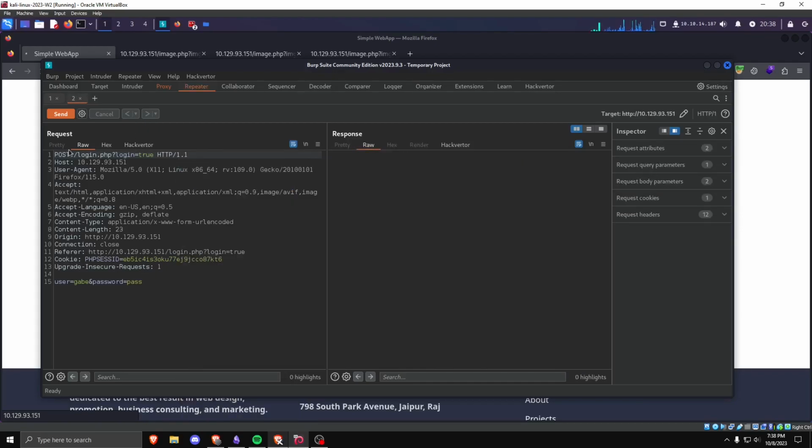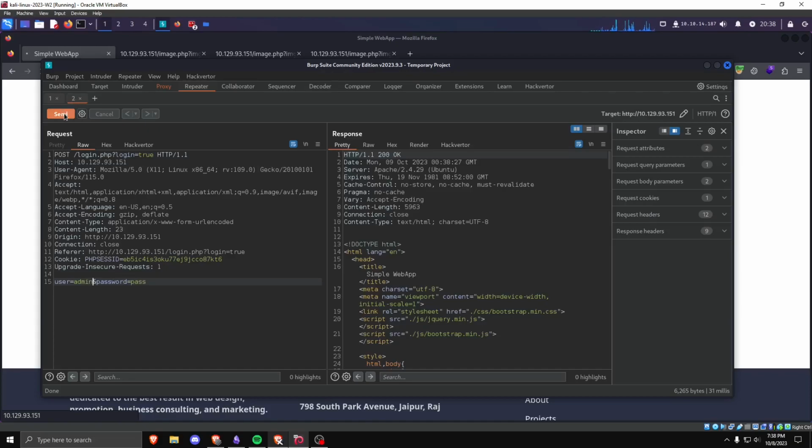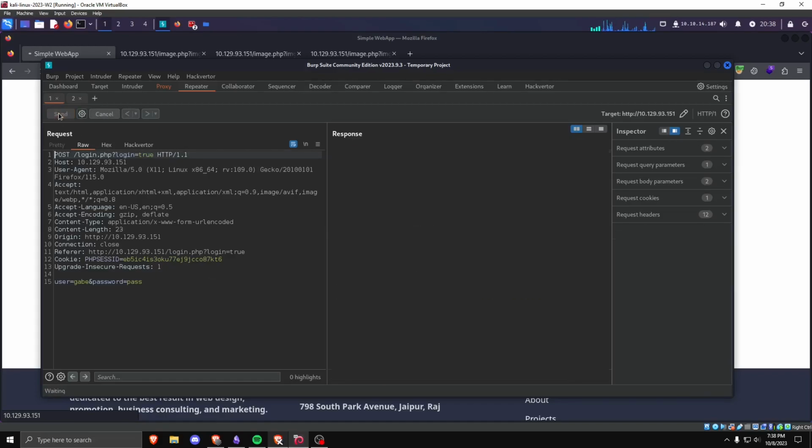I'll copy this in my repeater, and instead we're just going to try admin. The response codes are the same, but you might have picked up on that. I can send this malicious one as many times as I want, right? And down here you can see it's 31 milliseconds for that response time. It's always pretty short,